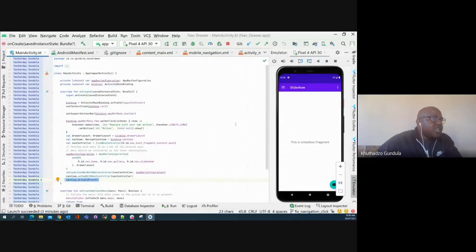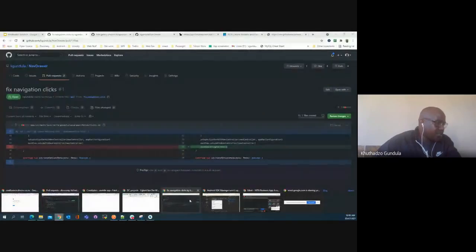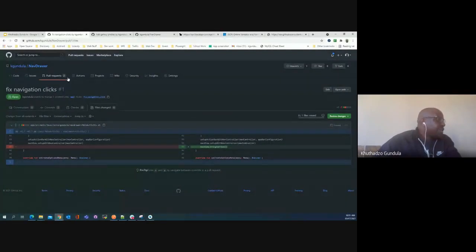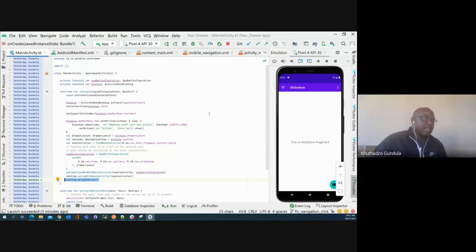So that will be the second branch. If we look at this here, I even have a pull request for that branch. That will be the only change here. So that's the branch, fix navigation click. If you had cloned the project, started on the main branch and run the project, and then switch to the fix navigation click branch and run it again, you are able to